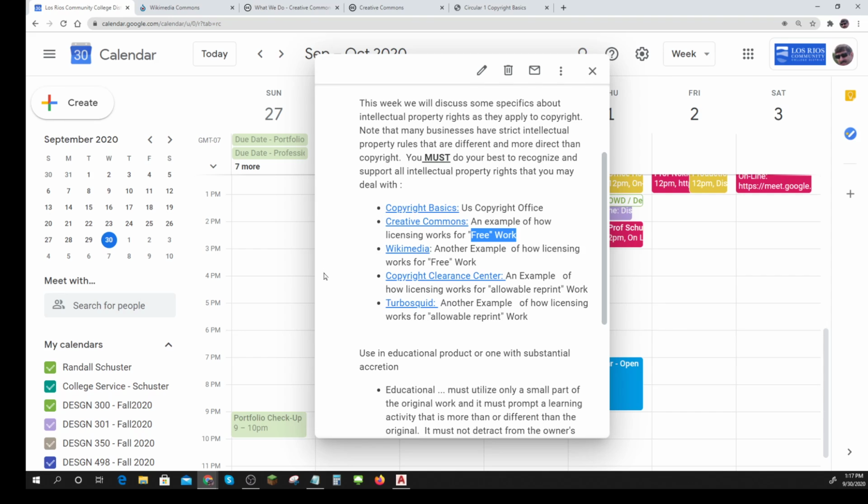So just because it says it's free does not mean that you're allowed to do it. Just because a website says you may use the website, 9 times out of 10, they're wrong. They have included works on their website that they are violating the license on. I see it time and time and time again.